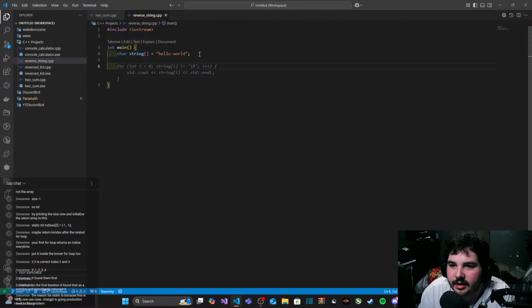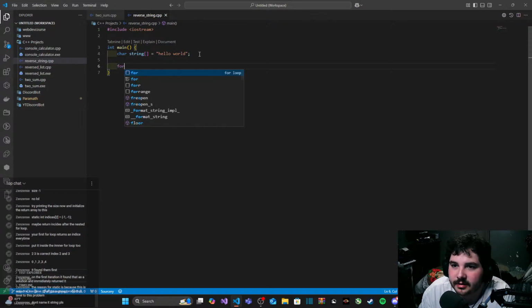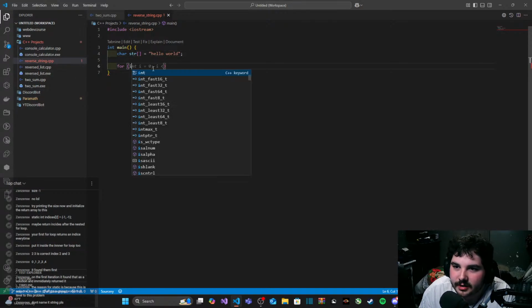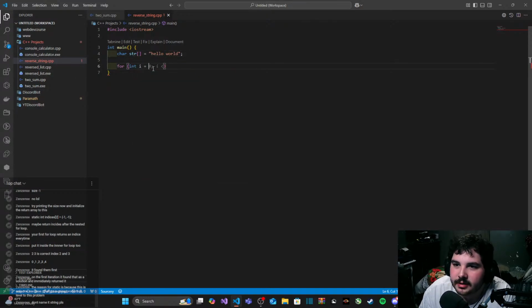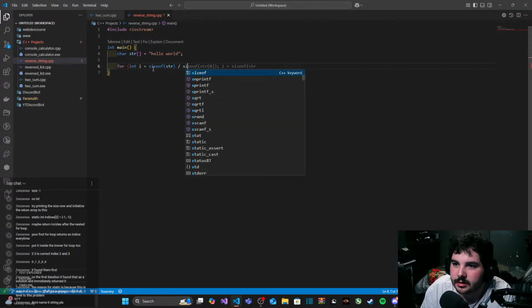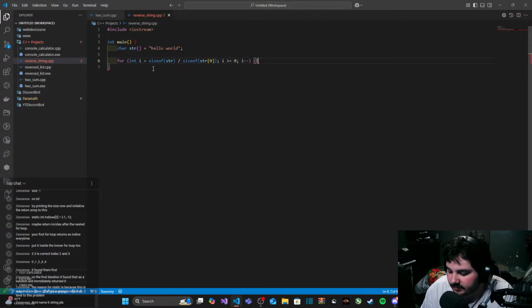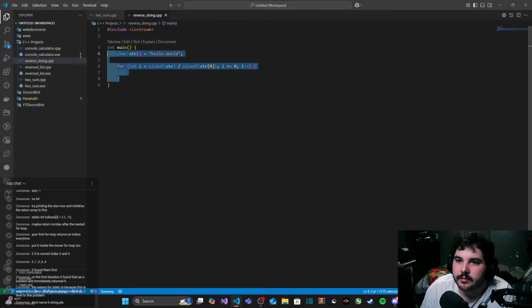And then I'm going to iterate backwards again. Don't name it string, please. Okay, here, str. For int i is equal to zero, i minus minus. Wait, I need to do this in its own function.